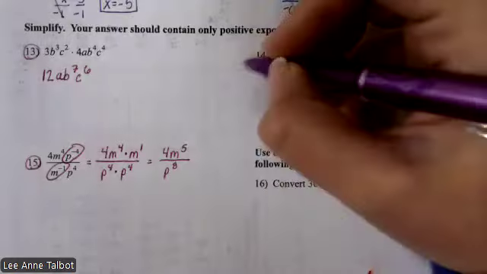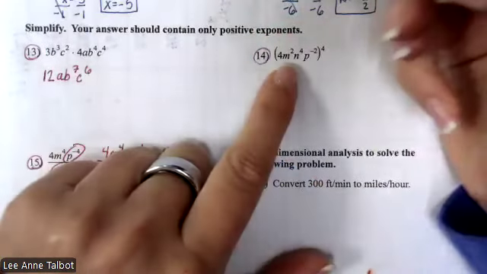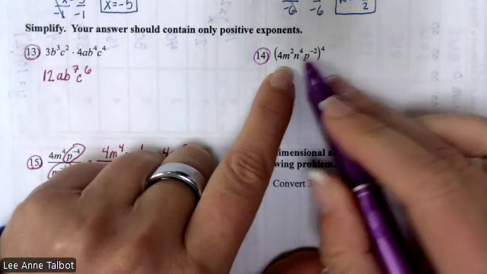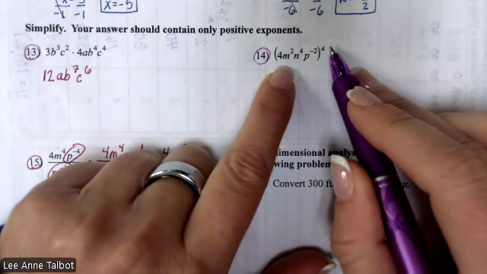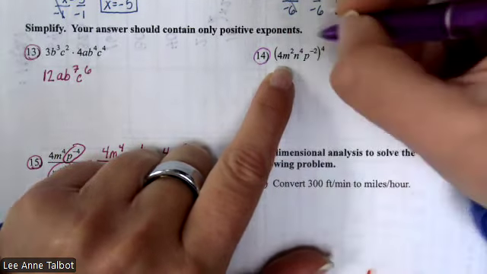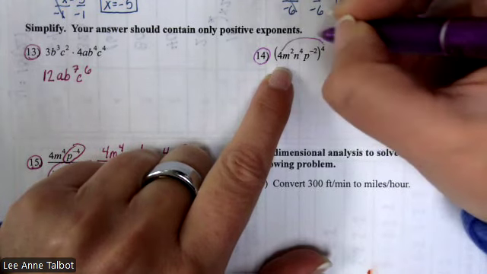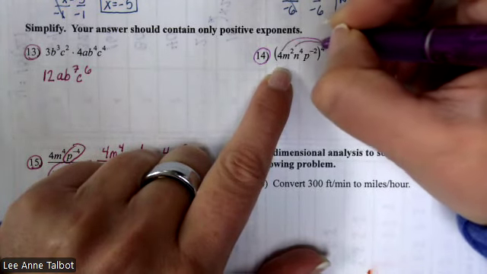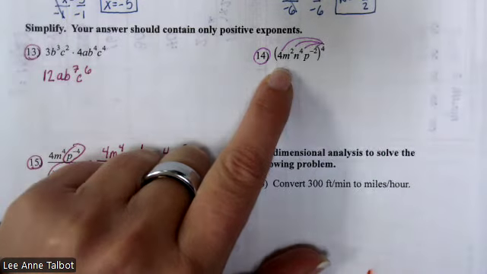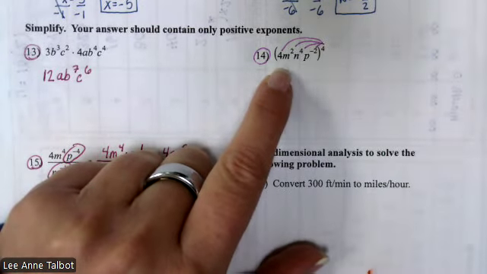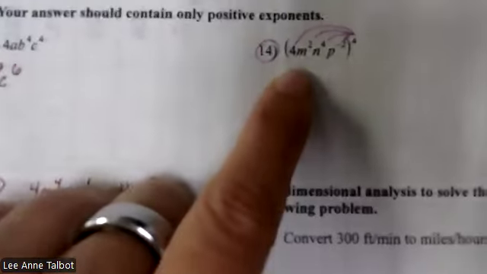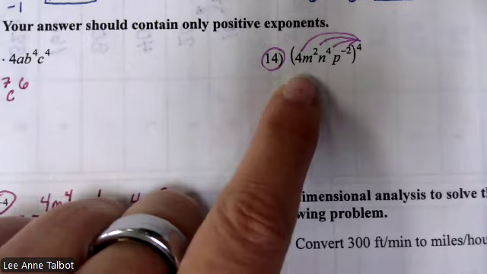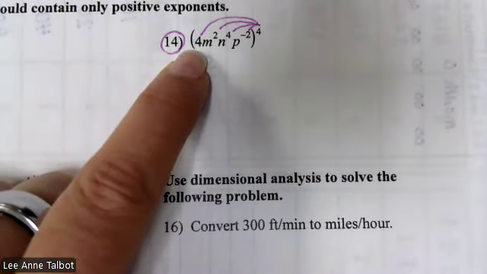All right, so number 14, you have something in parentheses to a power, which means that all of this stuff is to that power. And it's not distributive property, but it's kind of like distributive property. The most missed thing on a problem like this